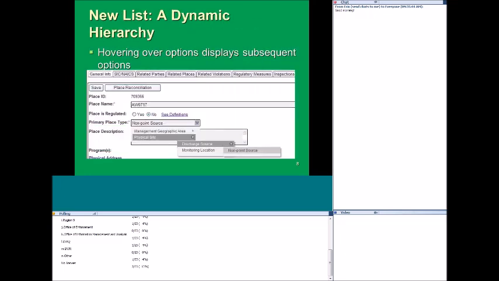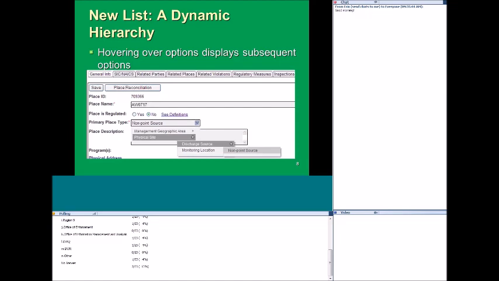So our solution was a new list using a dynamic hierarchy. And when you hover over the options, then the application automatically displays subsequent options. I've just taken a screenshot here.